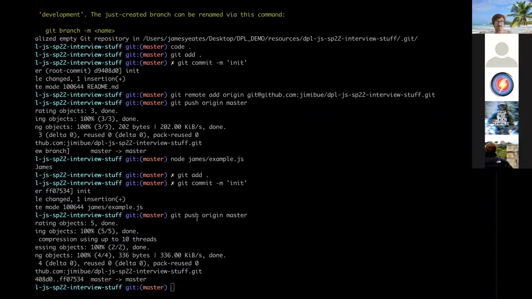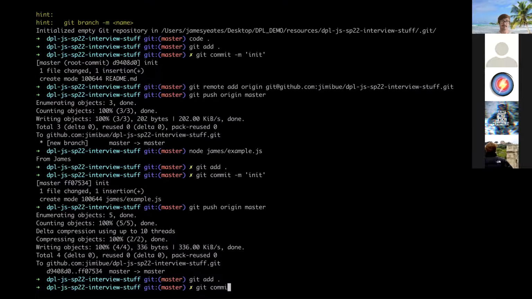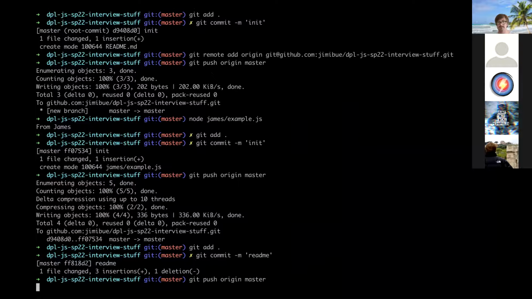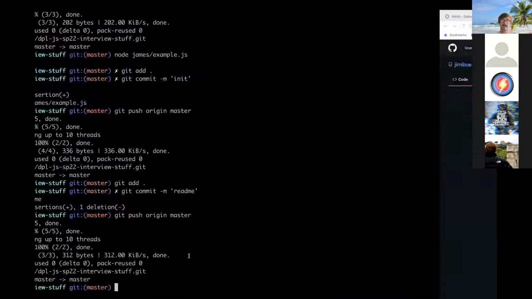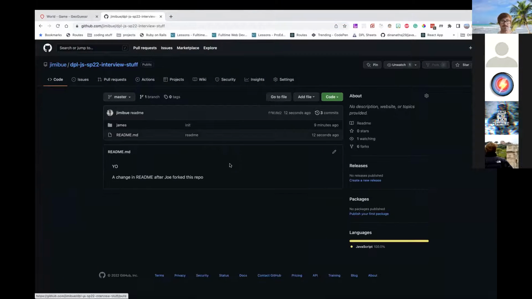So now I do a git add dot, commit -m, I'll say README, and I push origin master. So now, if I refresh this on mine, I have this change